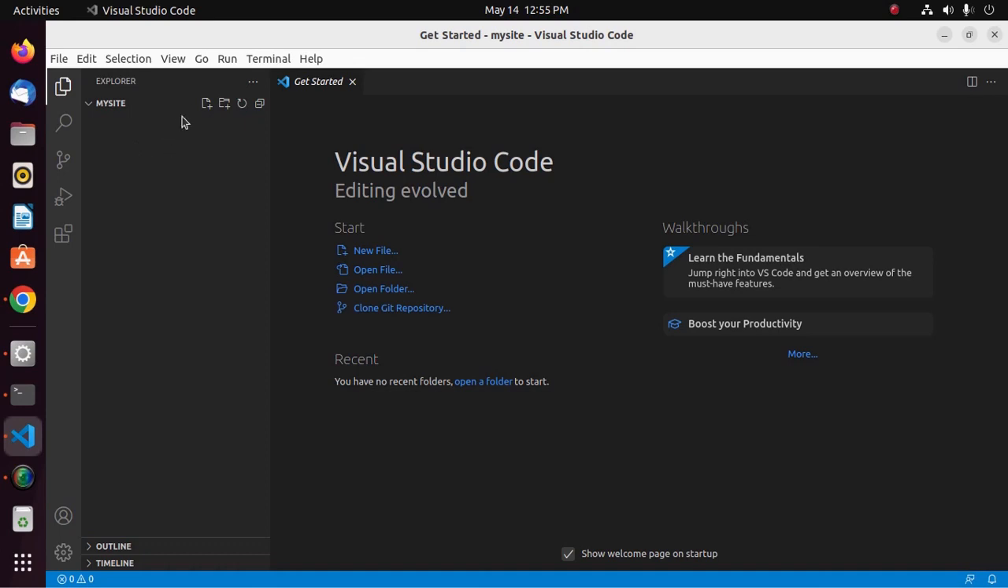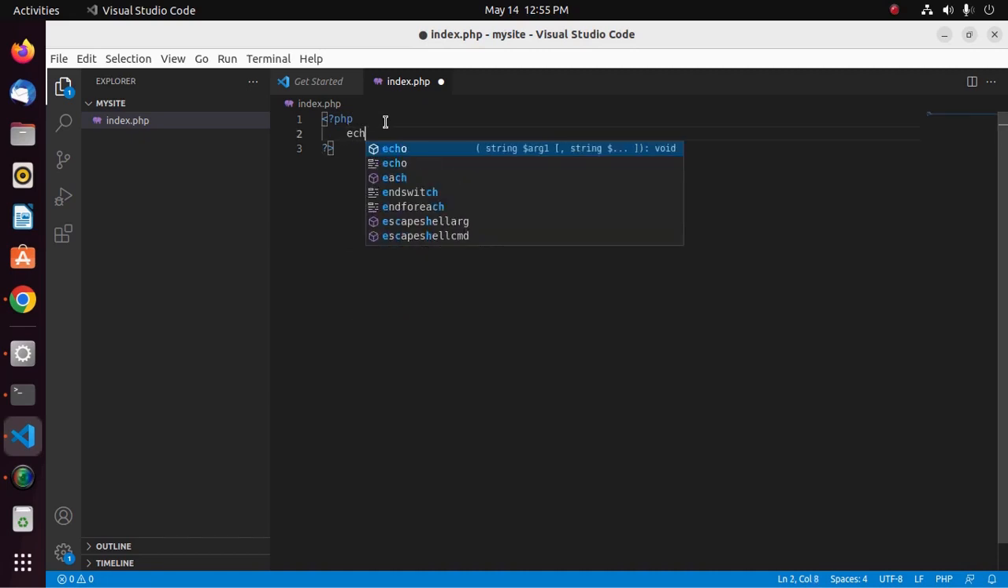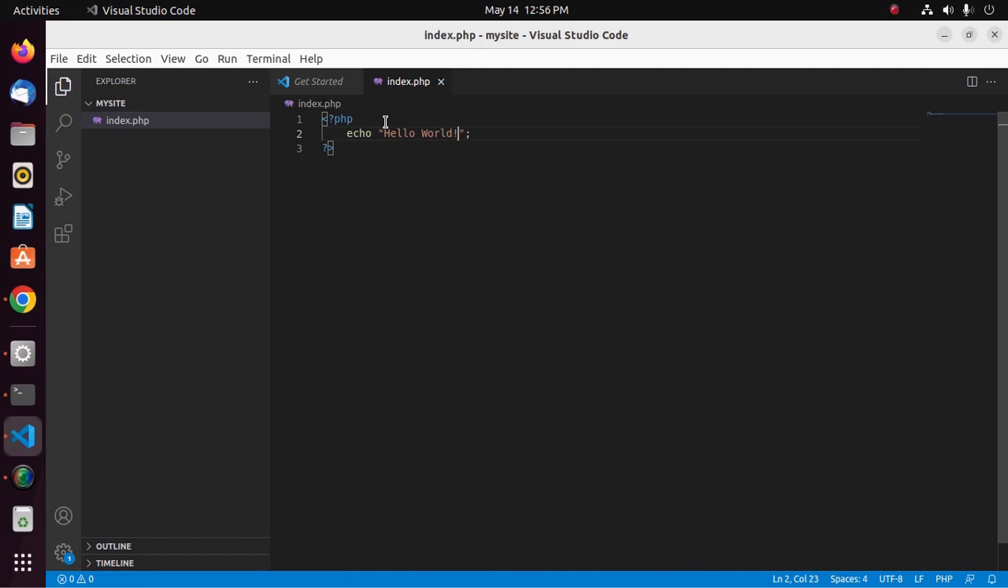Now create a new file in the mysite folder and name it index.php. Okay, now write a simple PHP script here. I am going to write a message that will be displayed on the web browser. Hello world, and save this file. Okay,